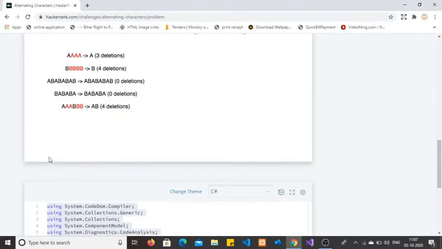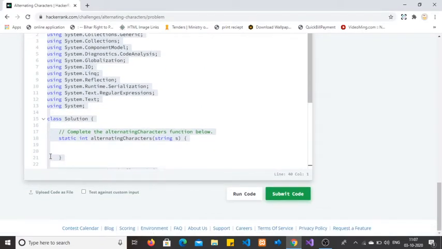Okay, let's move to the coding section. I am going to create an integer type variable result, which will initially store 0, and finally we will return result.